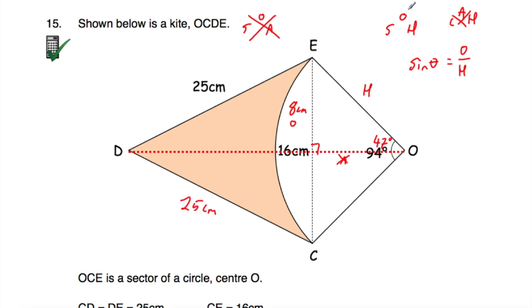Sine is equal to the opposite divided by the hypotenuse. Okay, so we've written that down. Sine of the angle is equal to the opposite divided by hypotenuse. Now let's substitute in our values. The sine of theta. Well, theta is the angle, which is 47 degrees. So the sine of 47 degrees is equal to the opposite, which is 8, divided by the hypotenuse, which is